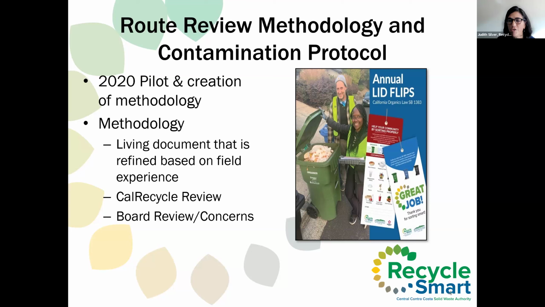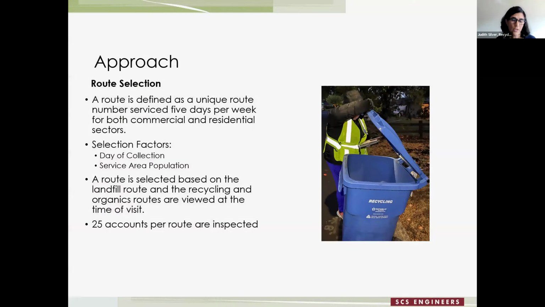So we decided to do approximately 25 accounts per route. We have 69 routes. And our routes are organized for efficiency. They're not organized by each member agency. So a route in our service area could go in and out of 3 different communities. So in order to make sure that we get our threshold of 25 accounts, which was what we decided upon, which was basically borrowing that 25 accounts that are required for the waste evaluations, we just sort of took that number and said, okay, that's how many we'll do for the route evaluations.